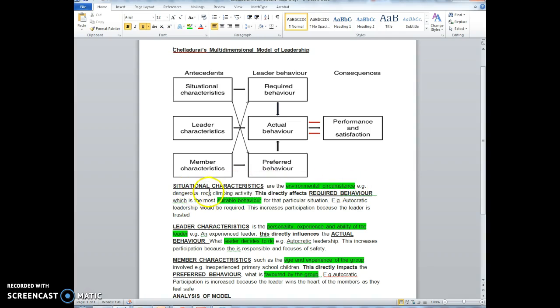For example, it could be that the situation is a dangerous rock climbing activity. If the situational characteristics of the environmental circumstances were a dangerous rock climbing activity, that will massively influence the required behaviour of the leader. Required behaviour is the most suitable behaviour for that situation. For that particular situation, if you have a group of year 7 children who are going on their first ever rock climbing expedition, that would require autocratic leadership because of the safety